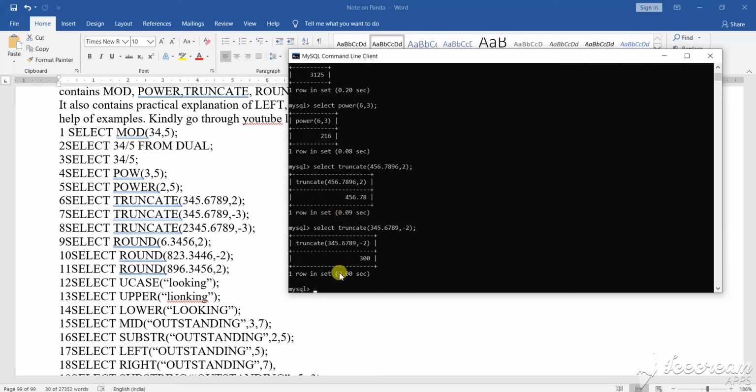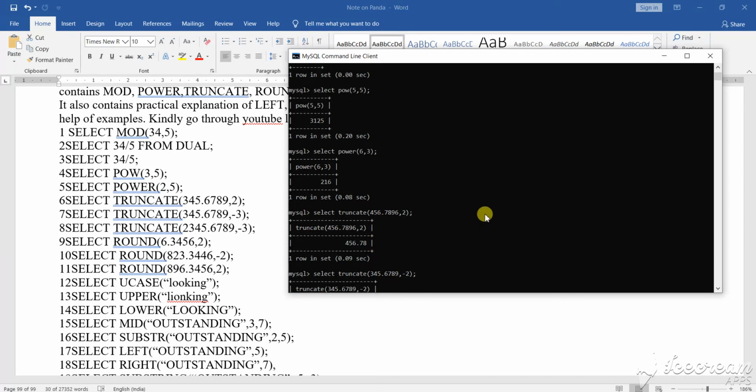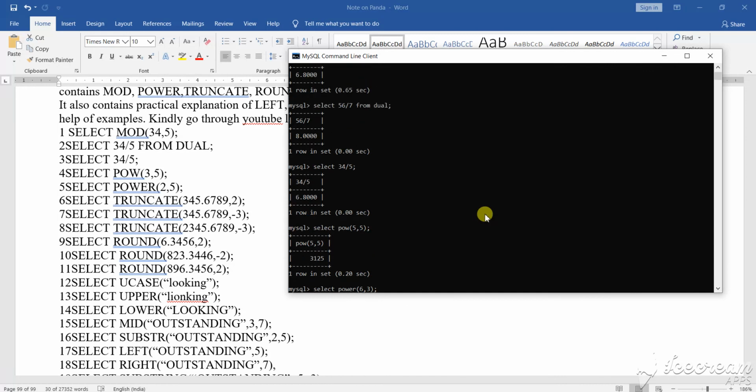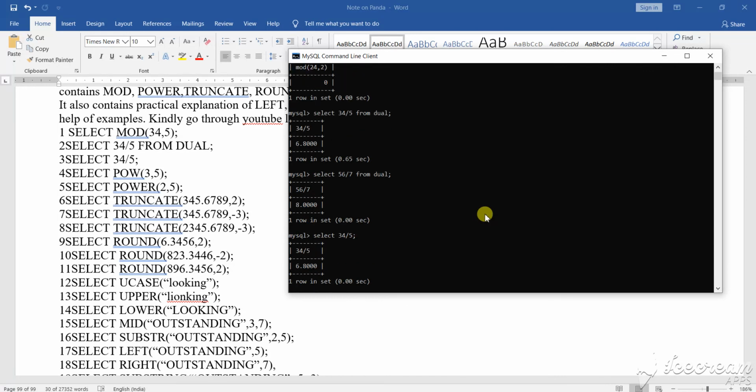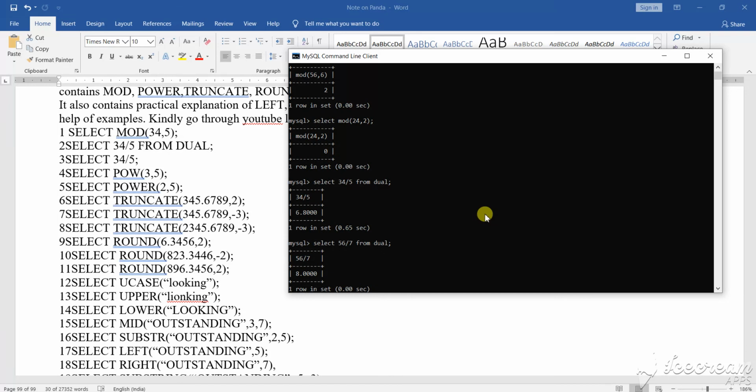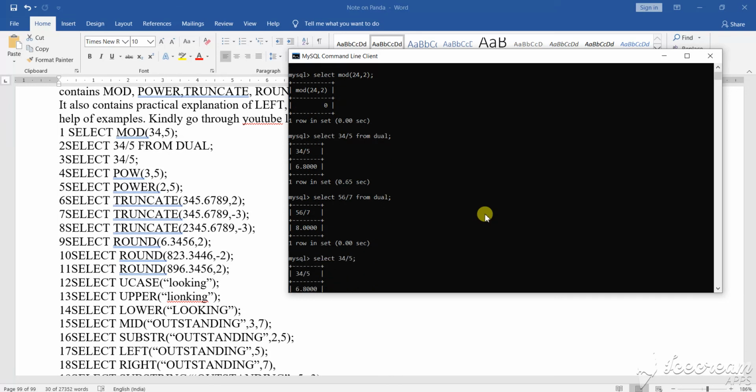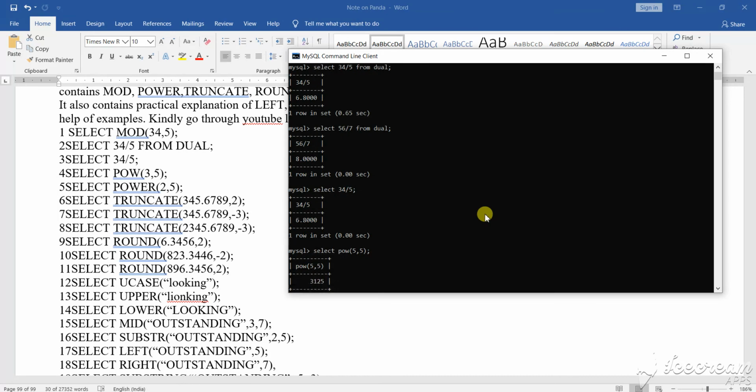That means this particular implementation of the work of your programming, maths programming, that you are going to implement in your SQL, structured query language. Okay, SQL commands that you are using here and implementing here. So those are the different types of commands that you have seen that I have used here. Select, dual, then I have also used mod, to take out the mod of it. Mod means to divide and find out